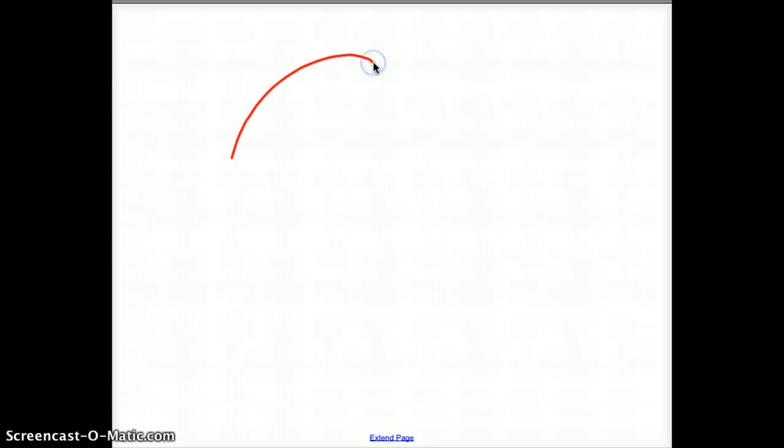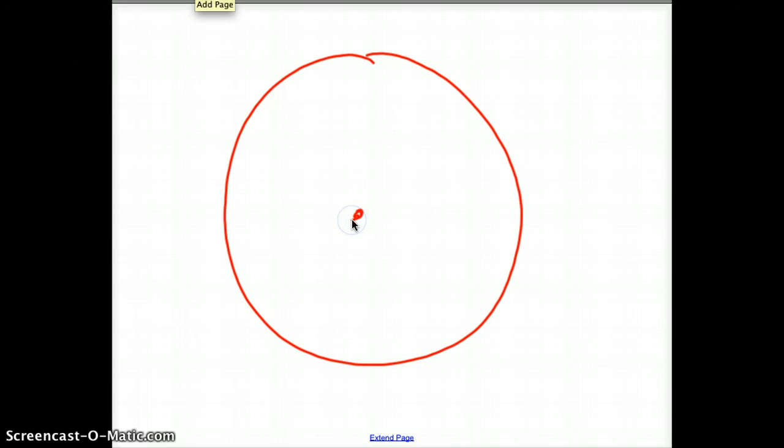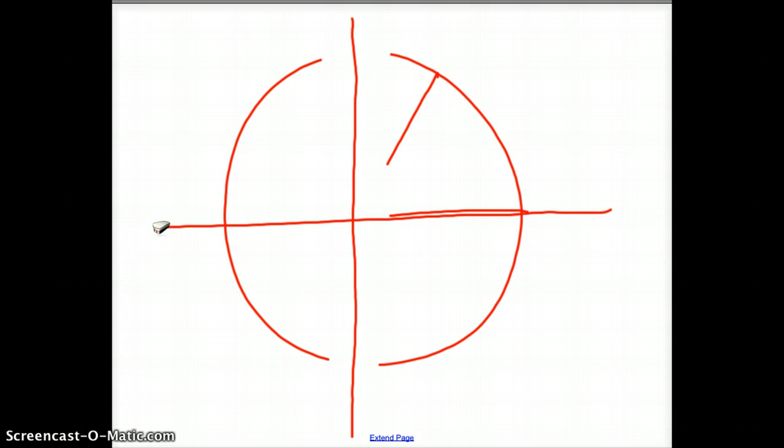Because it's the unit circle, unit meaning 1, my radius is 1. So when I talk about an angle here, let me put an angle on here. I'm going to call that theta. This is 1. And then I'm talking about this point right here. This is x over